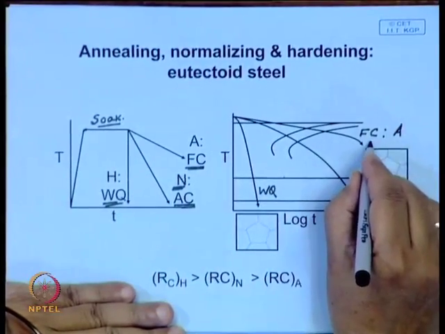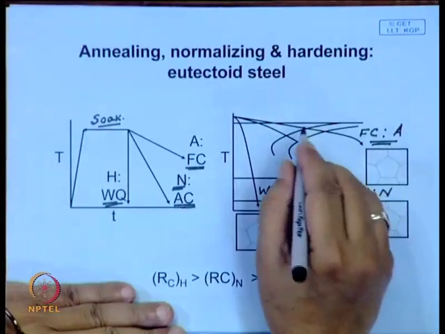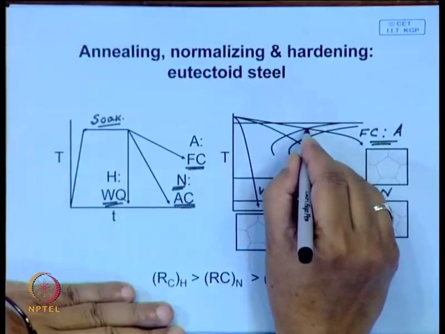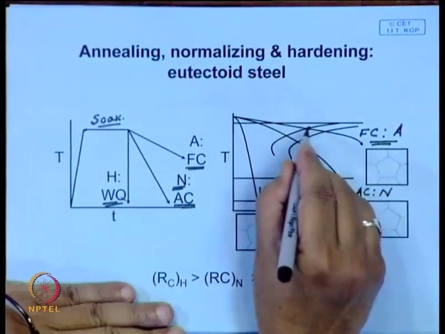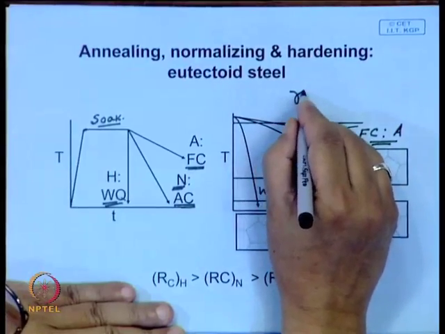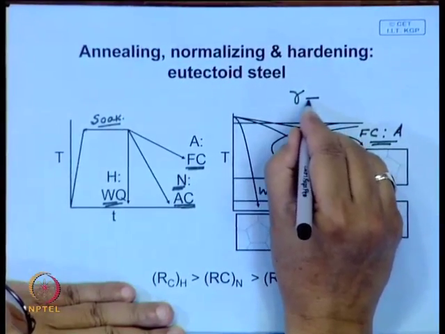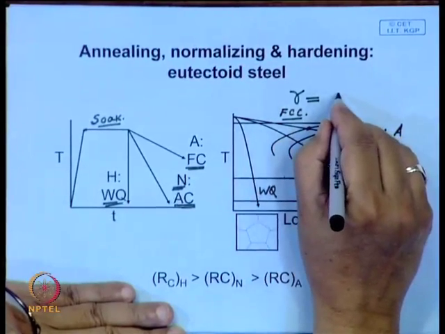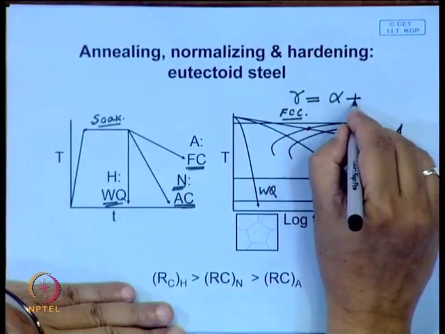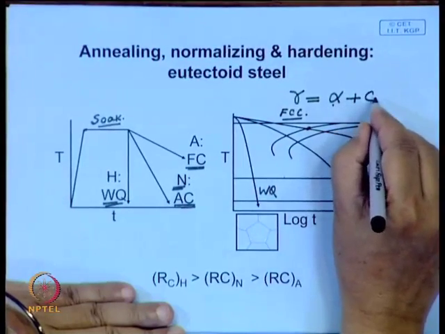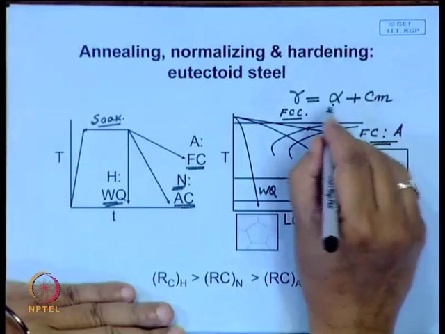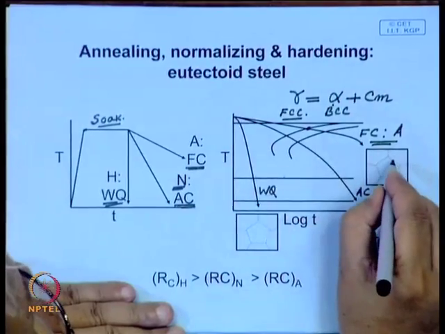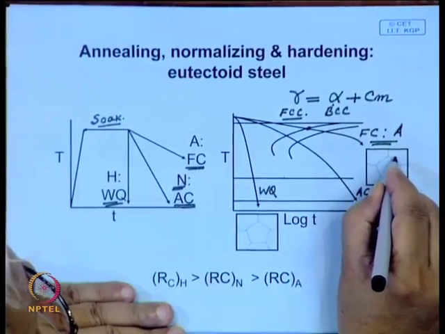So, consider this particular case, annealing, and this is the CCT diagram. On the CCT diagram, this shows the time as it crosses this, then the decomposition of austenite starts. It is a eutectoid decomposition. Austenite, which has a face centered cubic structure, transforms into a mixture of ferrite and carbide, which is called cementite. This has a body centered cubic structure,